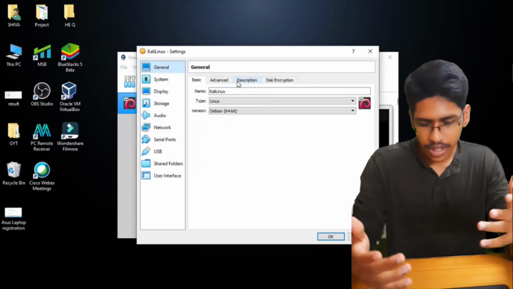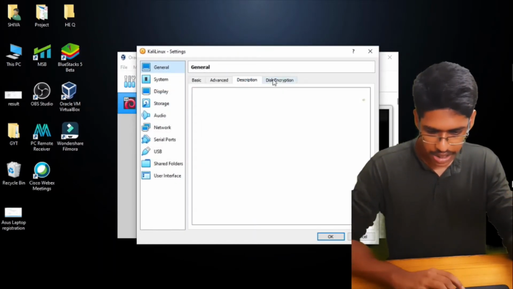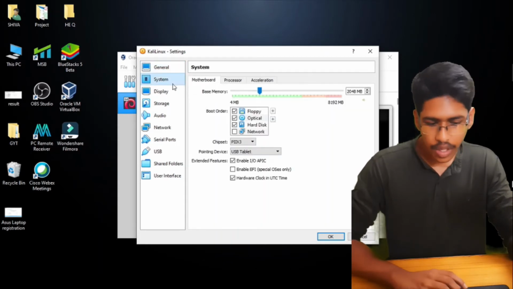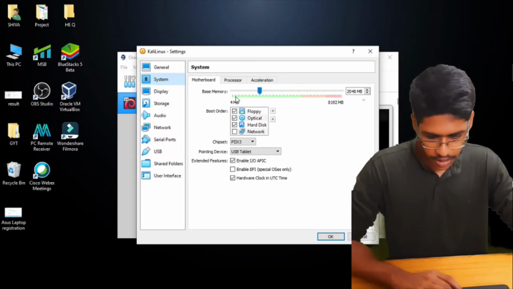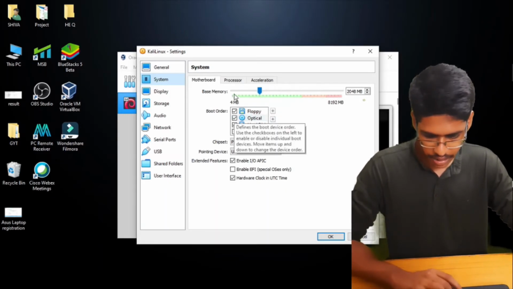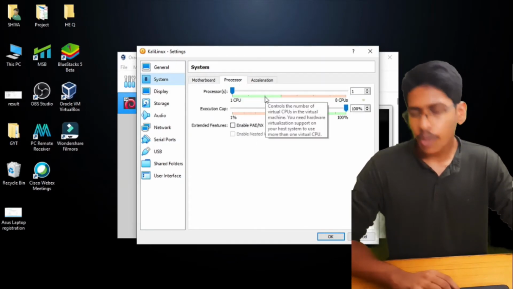Now select this and go into Settings. We're going to set up further about this. In General, there is really not much to be changed, at least not very necessary. But when it comes to System, firstly base memory, we already set it, so just let it be. Processors depends on how many processors you have.